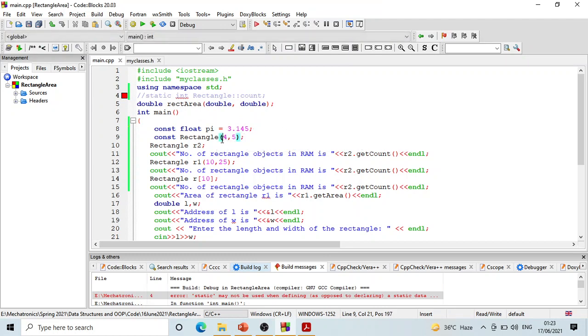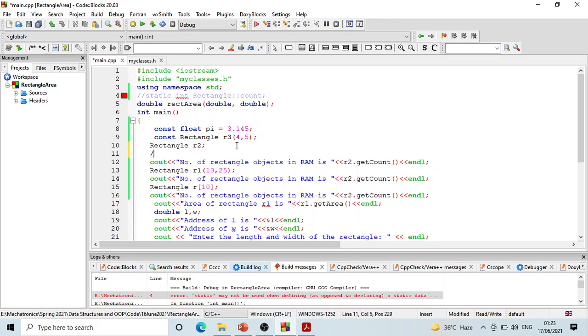अच्छा, गलत कर दिया. R3, const rectangle R3. So we just created a constant rectangle object. अच्छा, अगर आप ये करते हैं ये काम, ठीक है, ये get count वाला अभी काम नहीं कर रहा, इसको मैं कमेंट आउट कर देता हूँ।